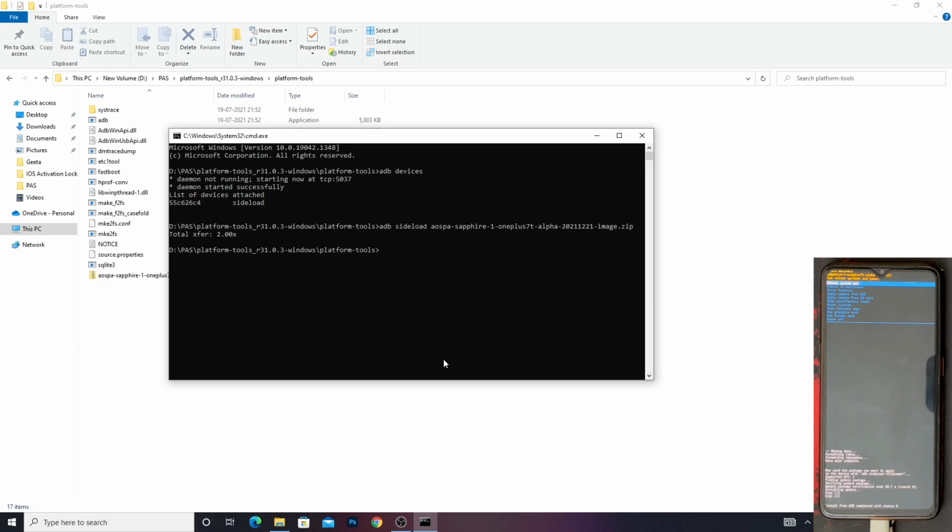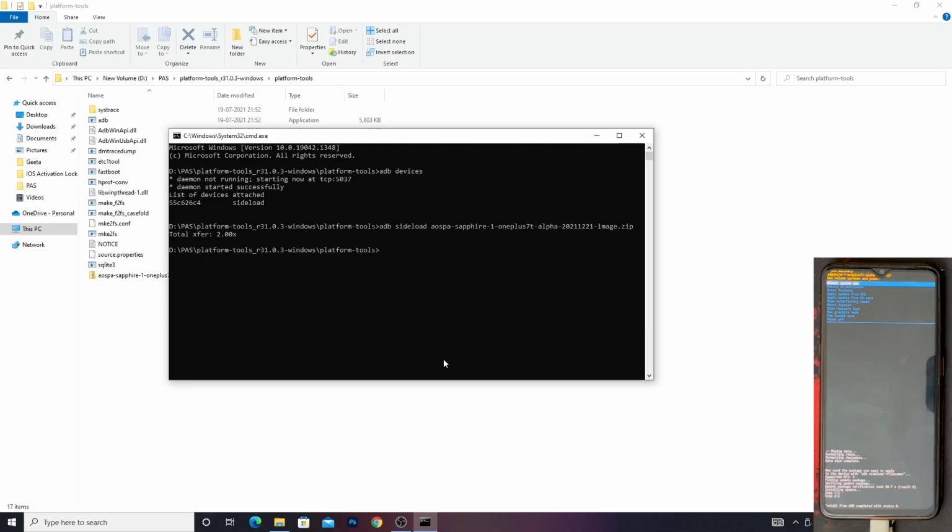So as you can see, the installation process has completed before 100%. That means it doesn't matter if it gets completed before, but you can see on our device it's written that step 1 and step 2 have been completed. So now we'll head back to our device, disconnect it, and look at whether our ROM has been installed or not. So let's head back straight to our device.